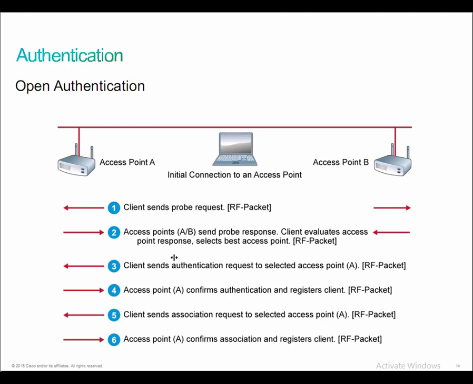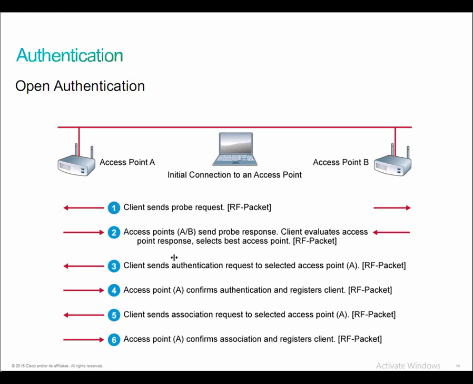Well, number one, you can see it on the diagram here, the client sends a probe request. The client receives a probe response from the AP. The client then sends an authentication request to the AP. The AP authenticates the client. The client sends an association request to the AP. And then finally, the AP confirms that association, assigns that unique ID, called an association identifier, to the client, which is essentially the number in the cell,